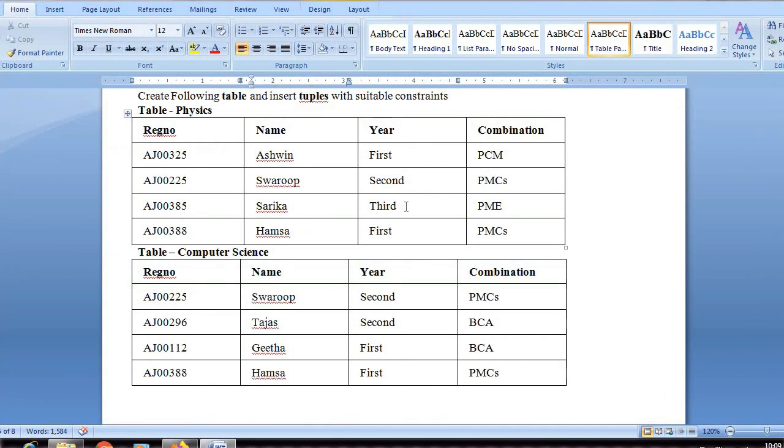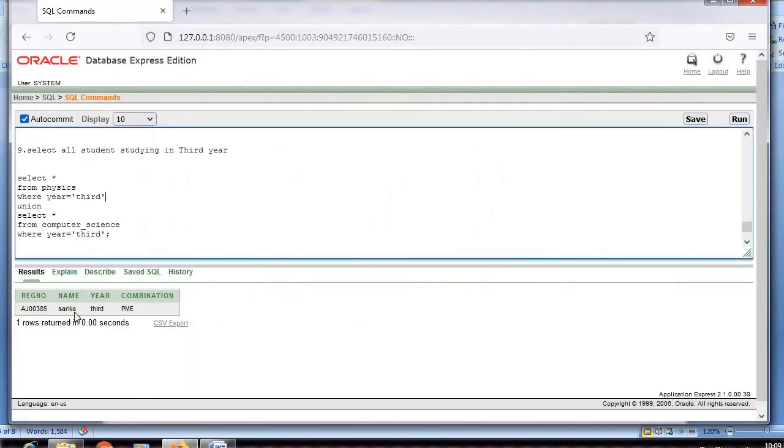Only Sarika is studying in third year, which we got in the answer. So the union operation combines the details from both the tables, physics and computer science, of students who are studying in third year.